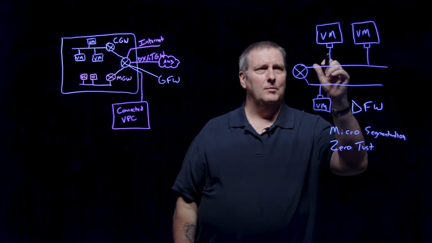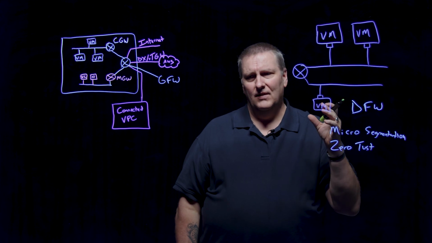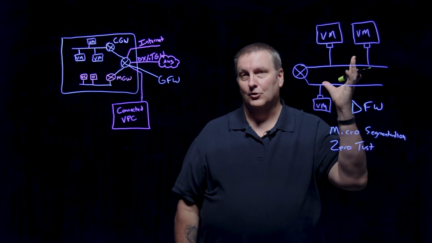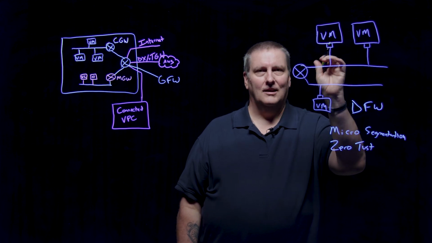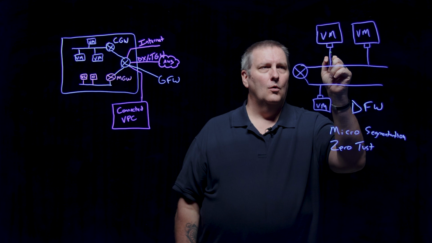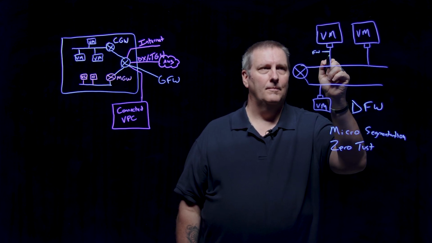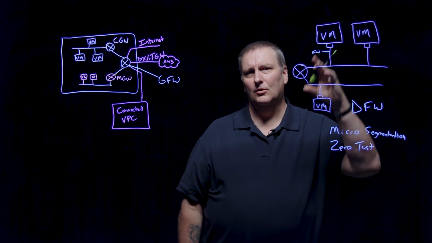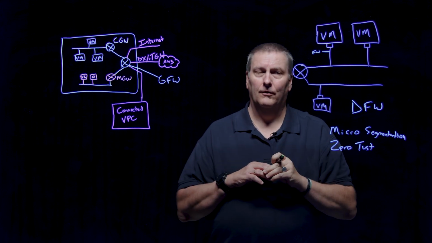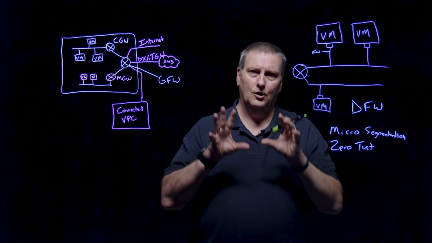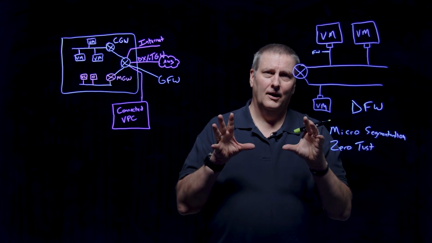And the way we implement the DFW is we have a guest, a virtual machine that has a VNIC. That VNIC is connected virtually to a segment, that virtual wire. On that connection, we have the ability to do firewall policy, right? So we can implement a firewall policy that inspects all the traffic that enters the VM or leaves the VM before it actually hits the virtual wire, right? So this gives us a very, very close relationship to the workload to be able to define a firewall policy